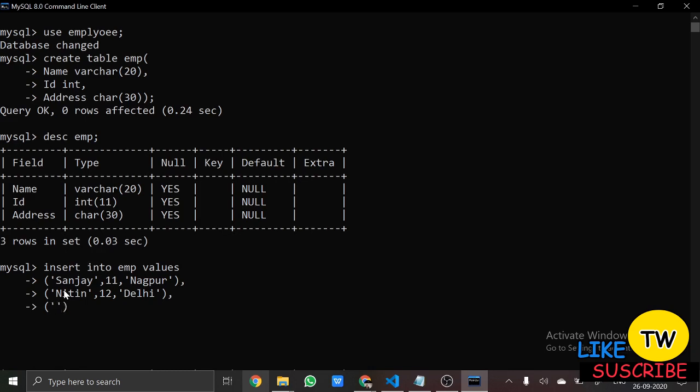Here name I will take as Ganesh. You can insert as many as you choose. Okay, so 13 is the ID, and I will write address as Varanasi.